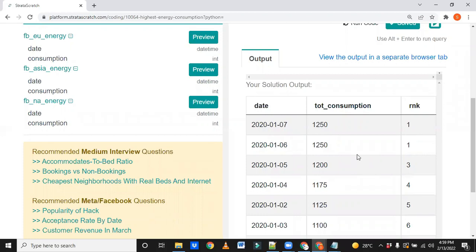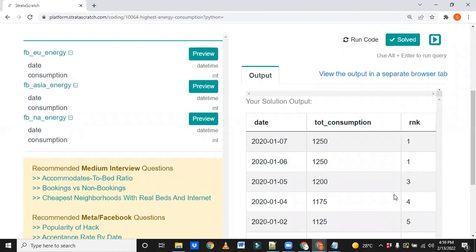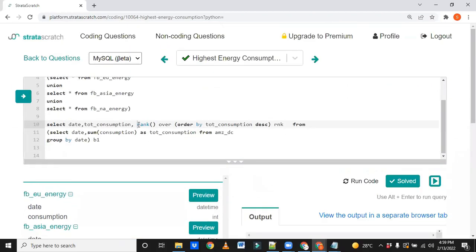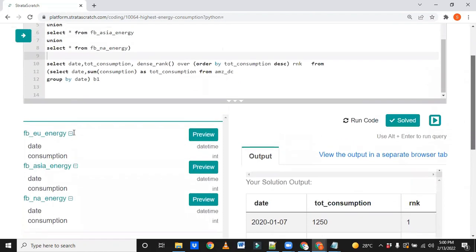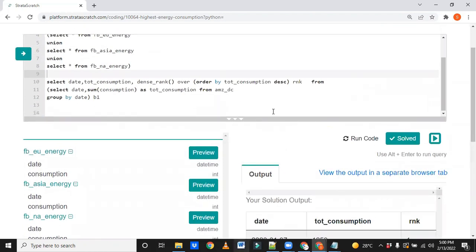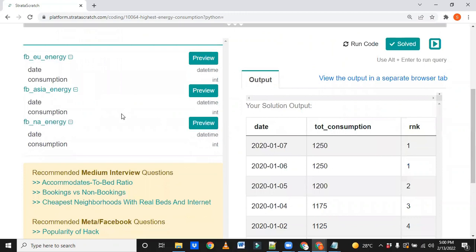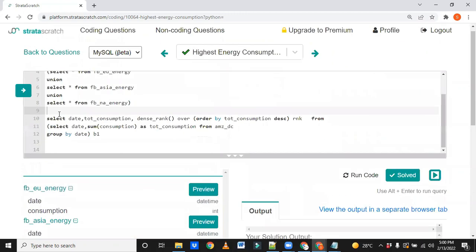So based on our requirement, we have to choose these window functions. For this example you can use rank or dense rank, but for practicing purposes, let it be dense rank. Now it is very easy for us to get the first two. If you use a where condition, that's it, we will get it.